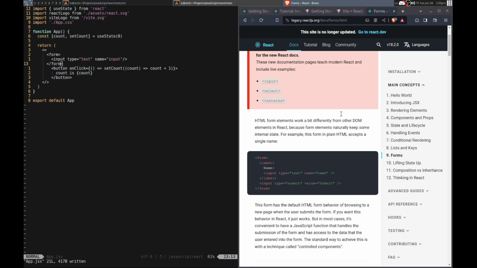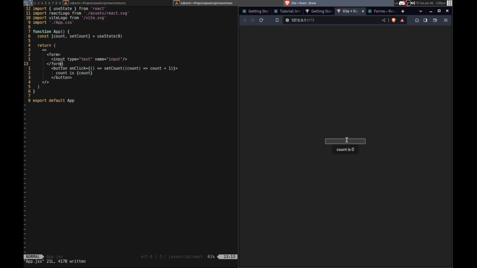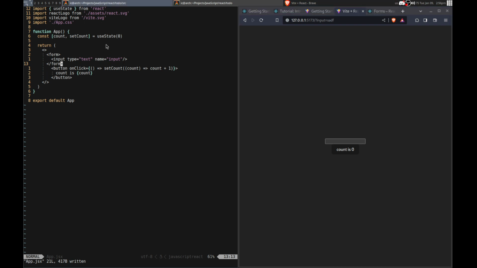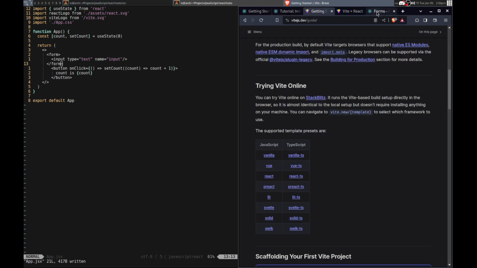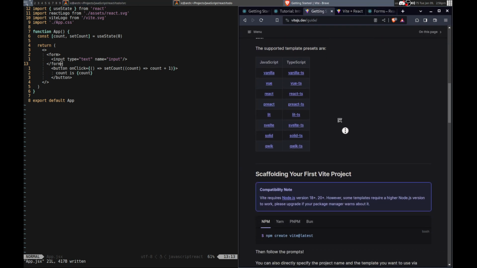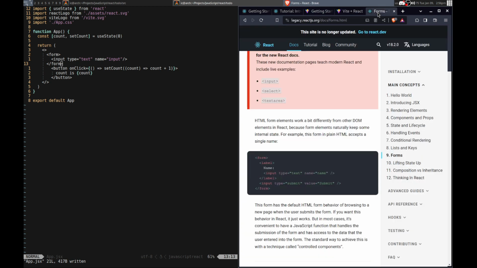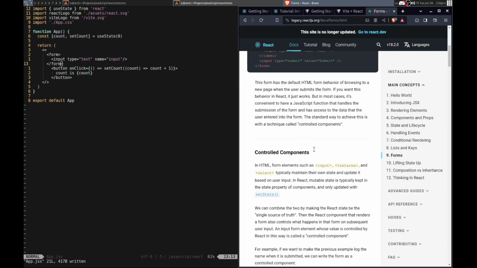Okay. And I don't really want to submit, I just want an enter. Yeah, okay, so that did reload it. Alright, so I need to get that submit stuff. I probably don't need the form, though, if it's not the backend, right? Yeah. I'm not a web developer, so I don't remember things. But yeah, I'm not going to set up a backend for it or anything. It's all going to be handled on the front end, the React way. So I'm going to need to read some stuff about it.